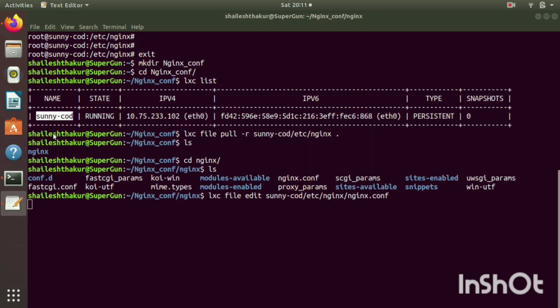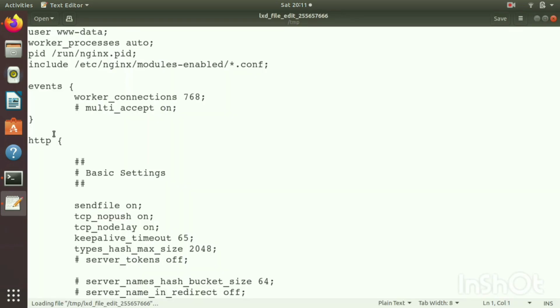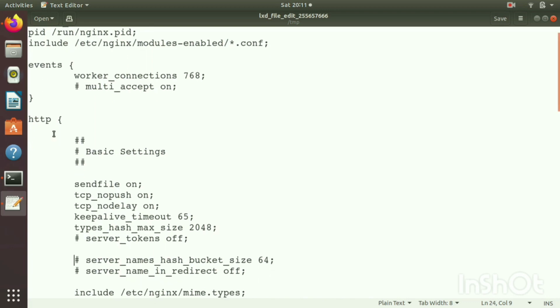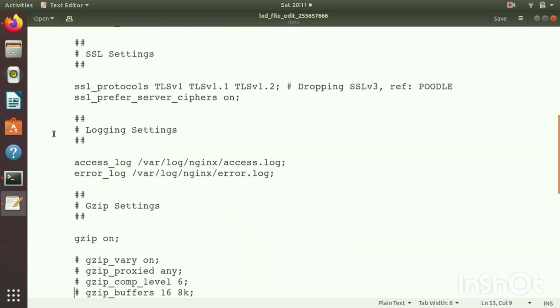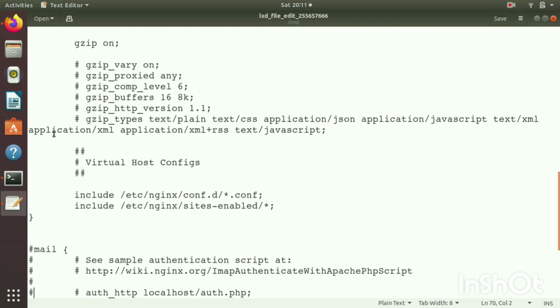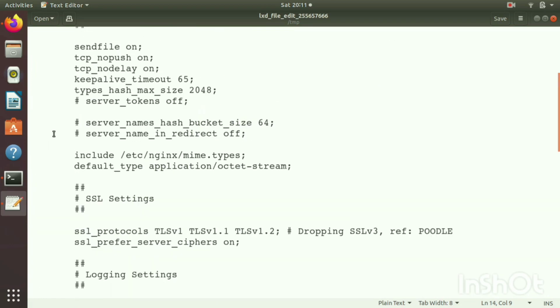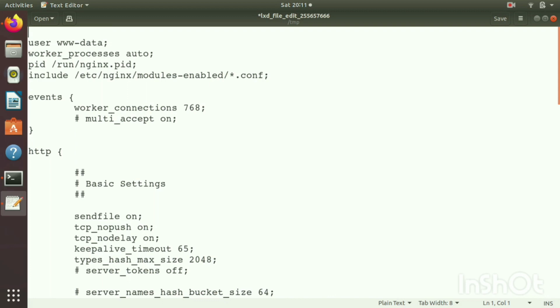When you do that, in my case it opens gedit. As you can see, this is the file. It is live editing. Whatever you do over here gets reflected in your container without needing to restart your container. In this case I want to put a comment that it is Ansible managed, just to show that when I edit over here, it directly changes things inside the container.